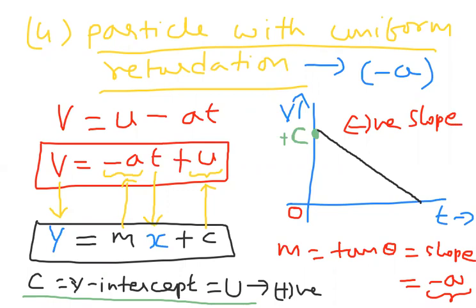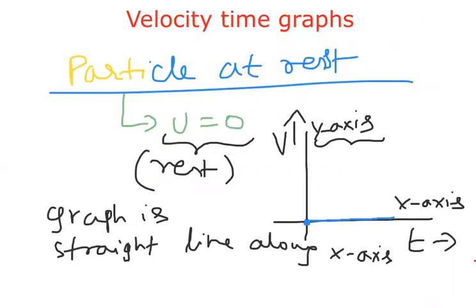This is the fourth condition you have written today about velocity-time graphs. If you observe, the first one I have taken is particle at rest. If anybody wants to take screenshots, you can. Particle at rest means initial velocity is 0, so the line will be drawn parallel to the x-axis. We can't observe anything here. The graph is a straight line along the x-axis. This is the situation for rest, taking velocity on the y-axis and time on the